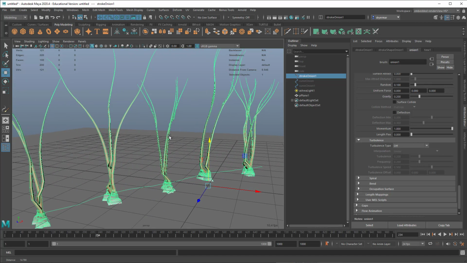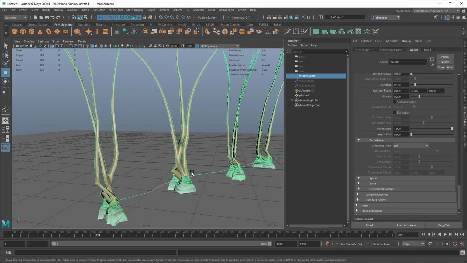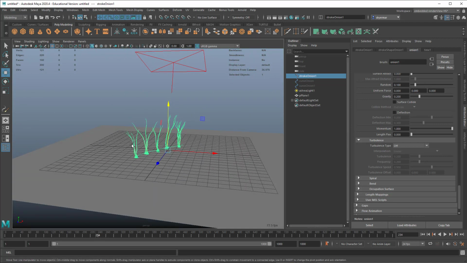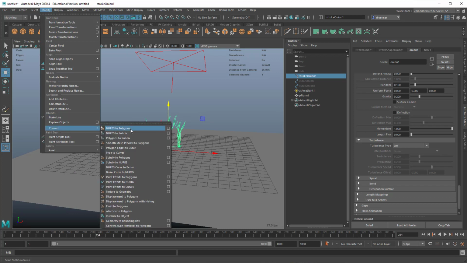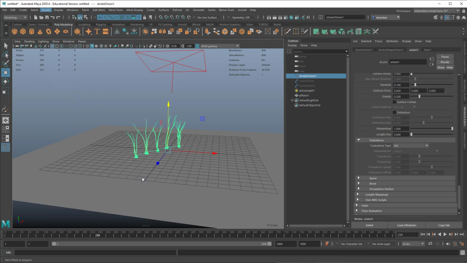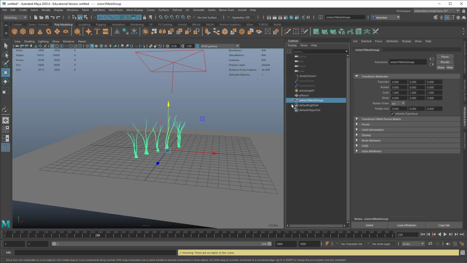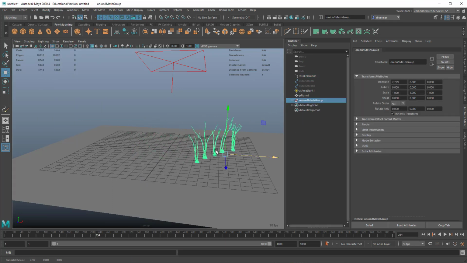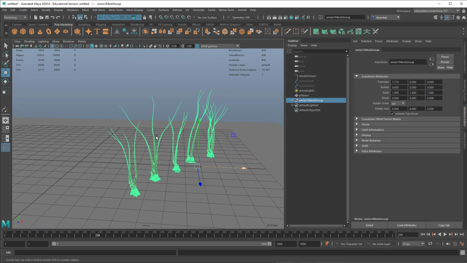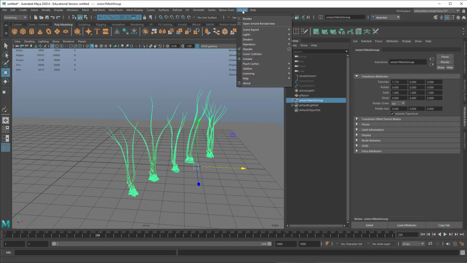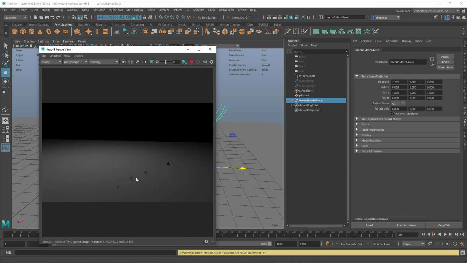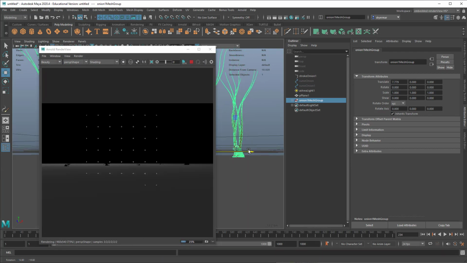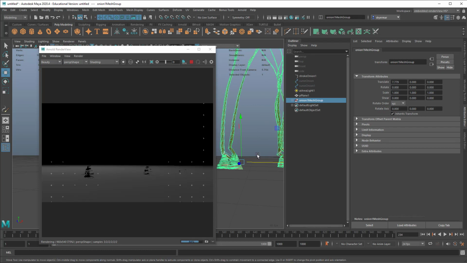But if we got this into a shape that we wanted, this is not a good shape, but you can go to modify, convert, paint effects to polygons, and now we have a mesh group for these, replacing this. And so now if we render, you can see that they actually are there,